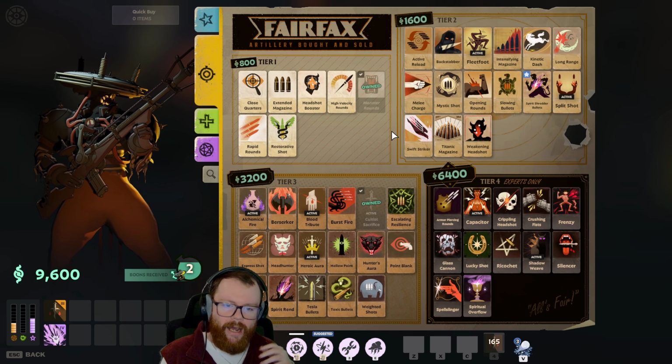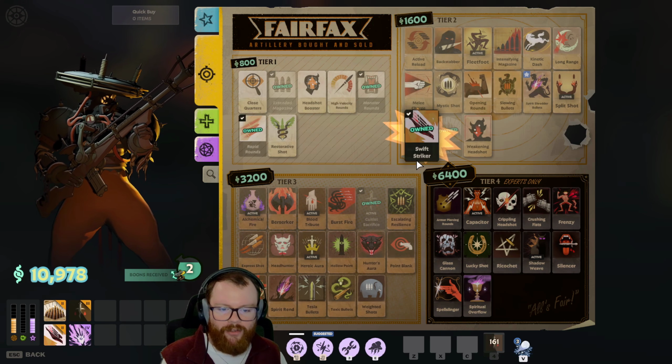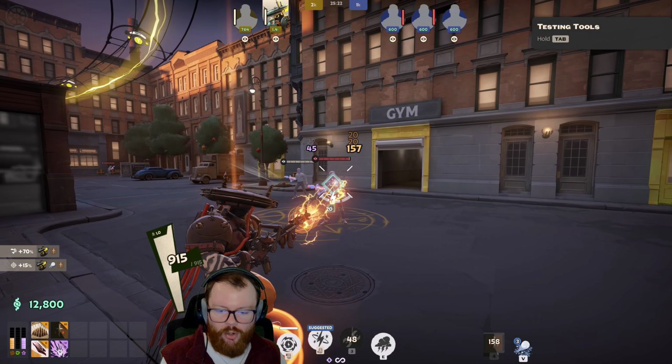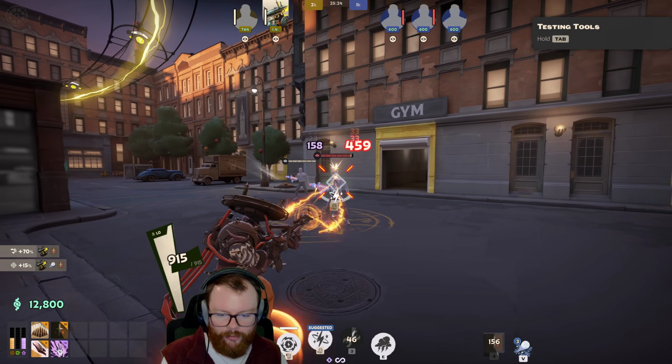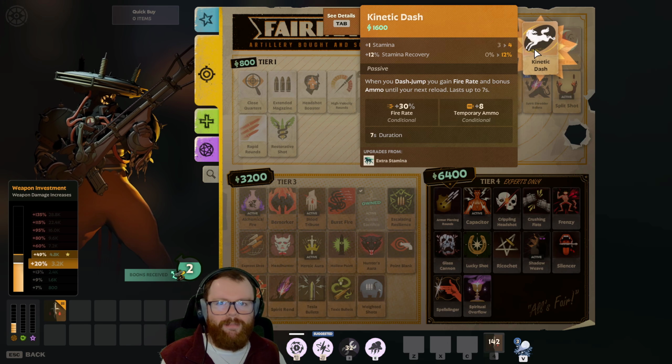And again, for more Power Surge specific builds, you could go for something like Swift Striker or Titanic Magazine to again improve the uptime and overall DPS of your Power Surge. But by far the most broken synergy that Cultist Sacrifice has on just about any character is its synergy with